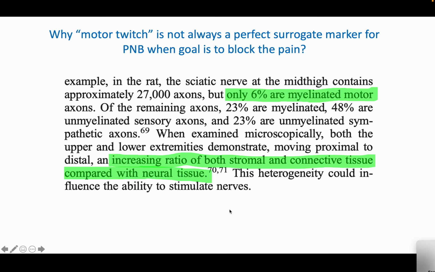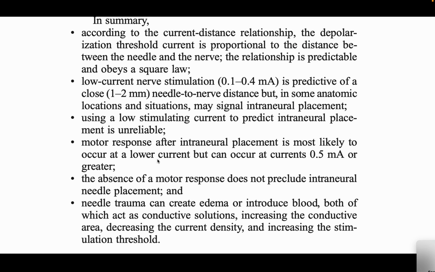So that will explain, especially if we have this electric field that is a little bit asymmetrical, when we could be quite close, but still do not see actually motor twitch. And it not necessarily will translate in a failed block, because again, the goal is to block our sensory fibers, right, and pain fibers. All right, so this is a little summary about peripheral nerve stimulation and the relationship between